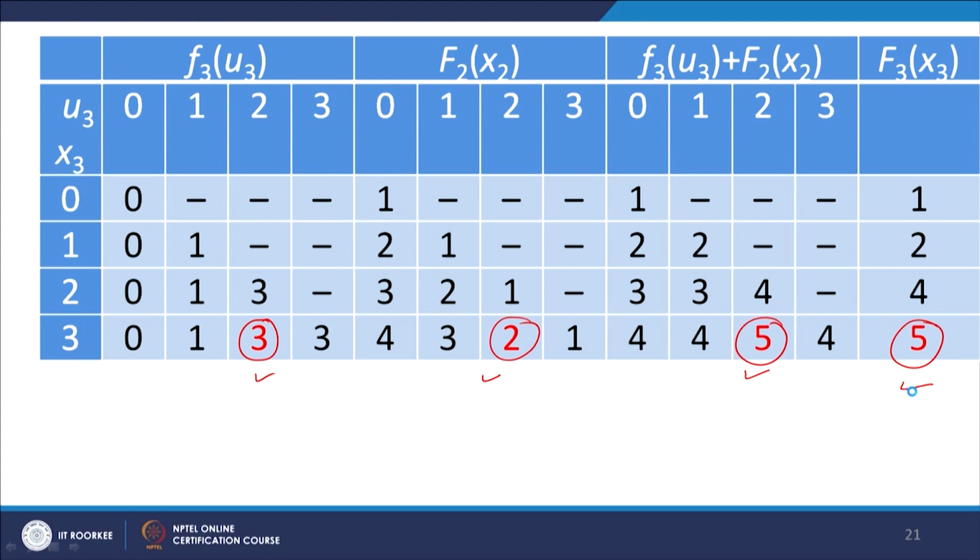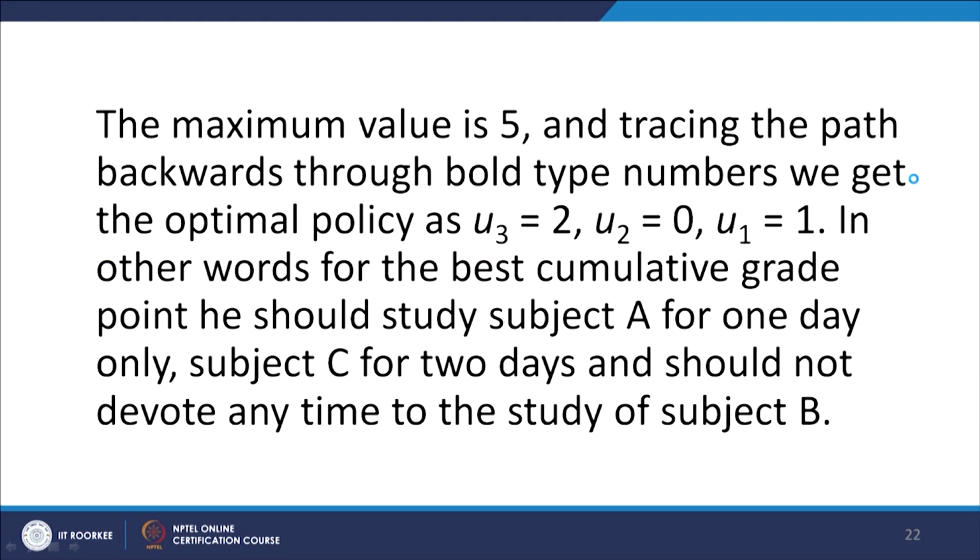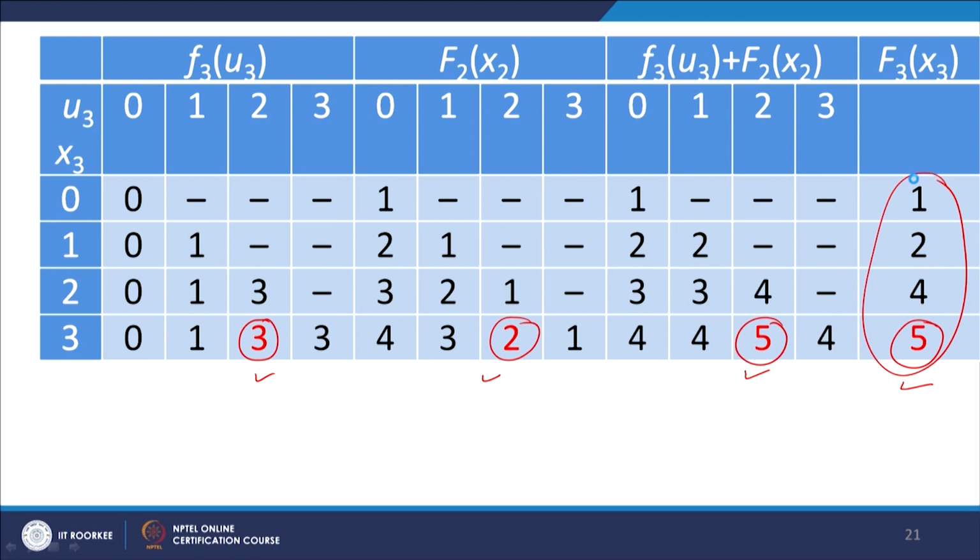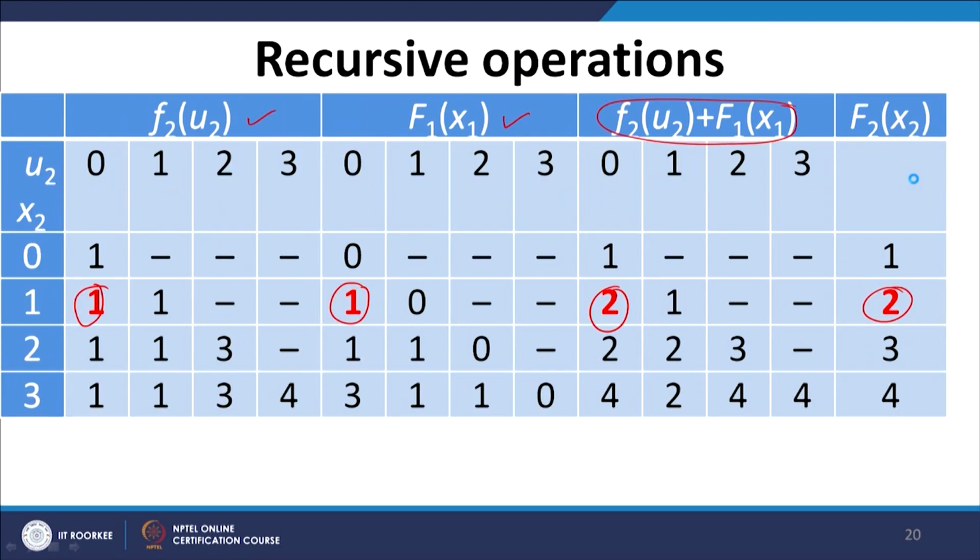How is this maximum value? Look at these entries. So, the maximum value is 5, and if you trace the path backwards through the bold type numbers that are marked in red, we get the optimum policy as u3 is equal to 2, u2 is equal to 0, u1 is equal to 1. Just let us go back here and see, look at the tables over here. So, this tells us that this 5, from where did it come? It came from these red entries,